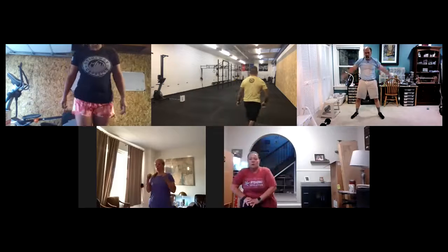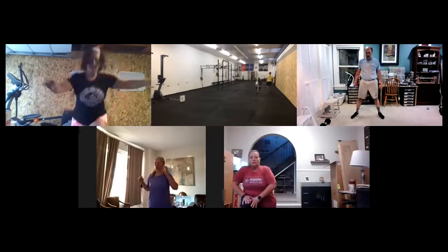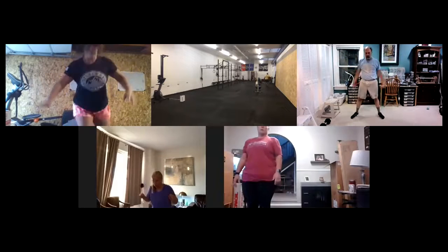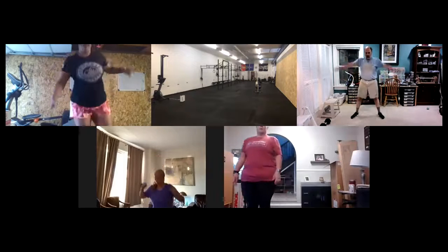Okay, here we go. One more movement. We got reverse lunges. Here we go in 5, 4, 3, and begin. All right, so again, we're going to do the same thing. Really focus on the position of your movement. Right, taking a deep breath, shifting those hips back and down. If you're doing those squats,